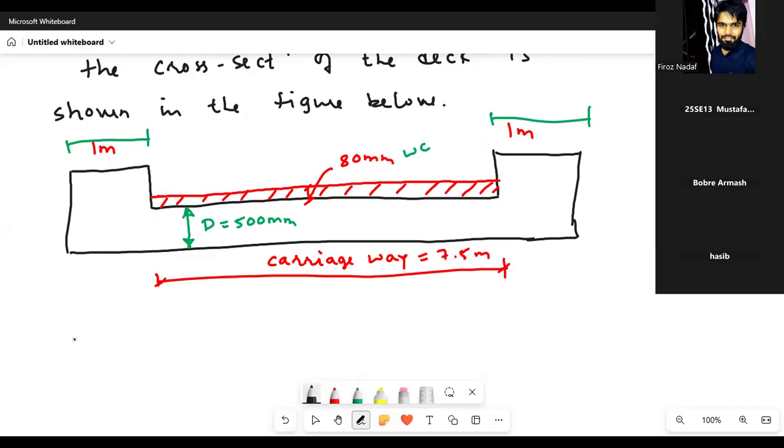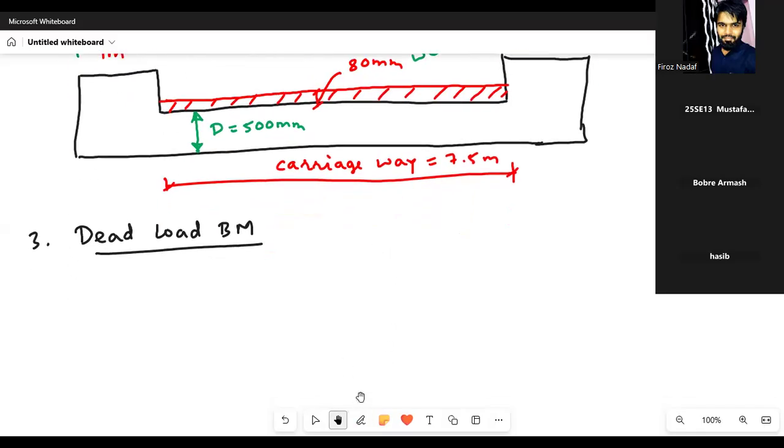Next step, we need to find the dead load bending moment. Number 3, dead load bending moment. Dead load of the slab. Here you see we have the slab and we have the wearing coat. So first we need to find the dead load of slab. The overall depth of the slab is 500 mm